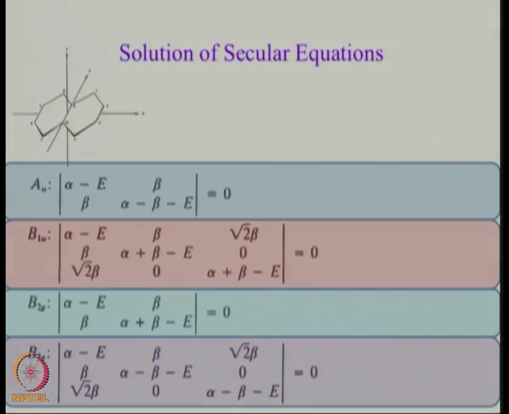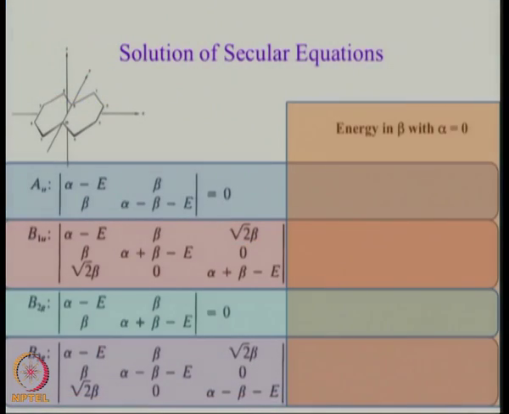So, what have we got so far? Have we got the MOs? We have not got the MOs, but we have got an idea of the constituents of MOs of particular symmetries. But even without knowing what the MOs really look like, by solving these equations, we will be able to get expressions for energies for molecular orbitals of different symmetries.